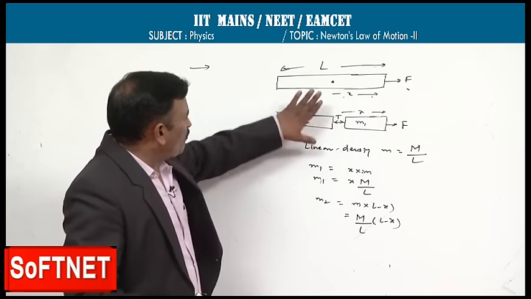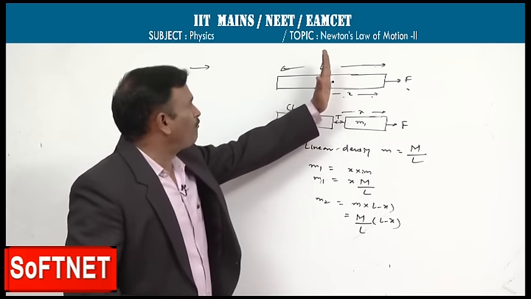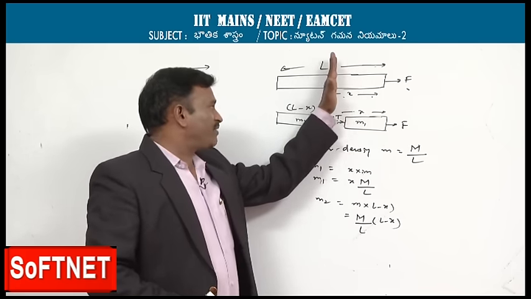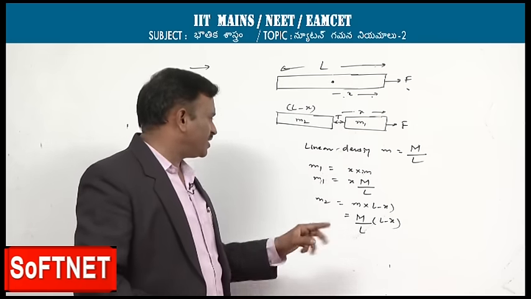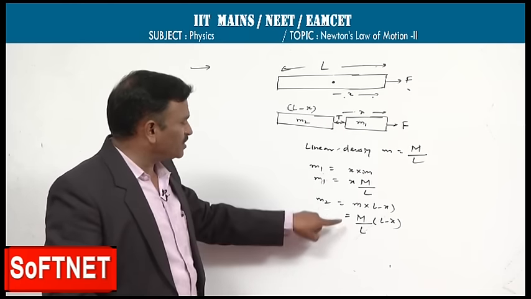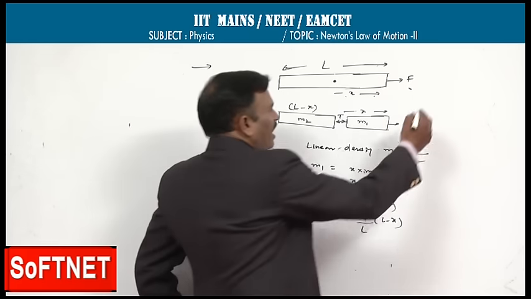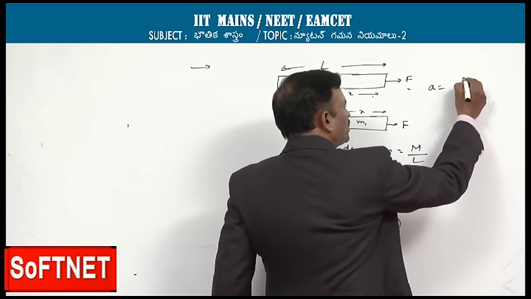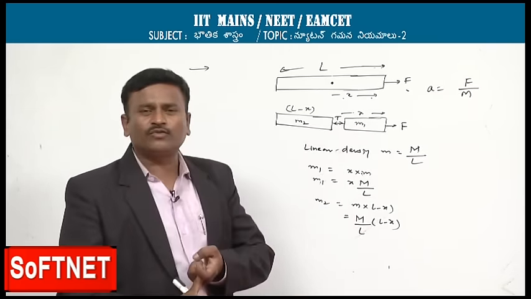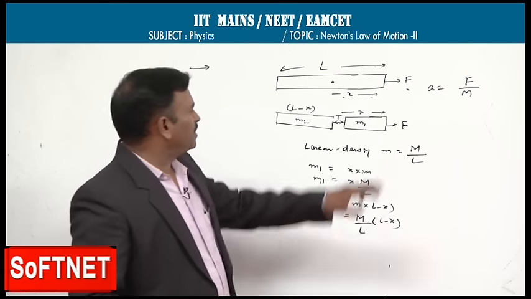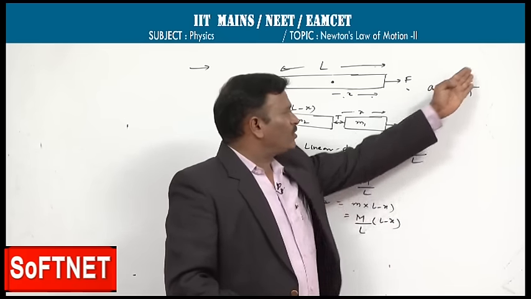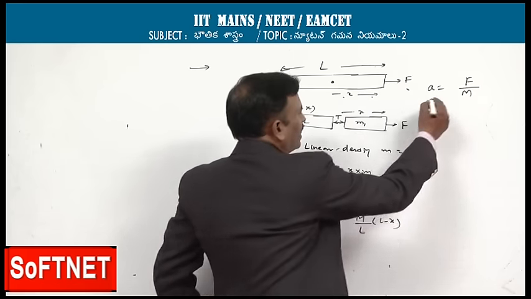Now what we found? We found the individual masses. From the point where the force is applied, we consider the two bodies, and there we are taking the tension T. Now the two bodies' masses we know, so we can find the tension T by using the free body diagram. The acceleration of the system is total force by total mass. Net unbalanced force by total mass is a very important concept. Acceleration, Newton's second law, simple: F equal to ma, so A is equal to F by M.